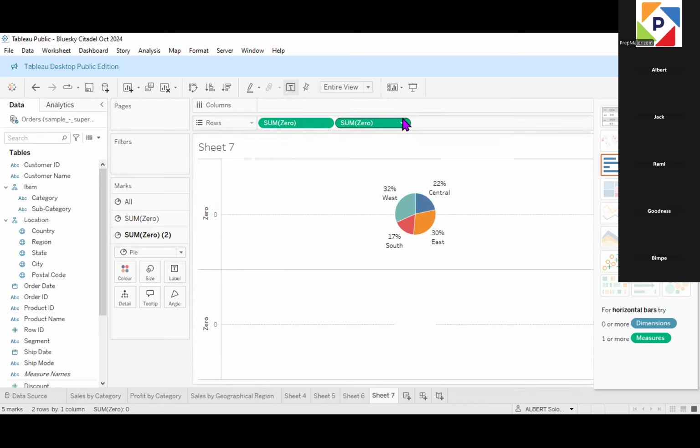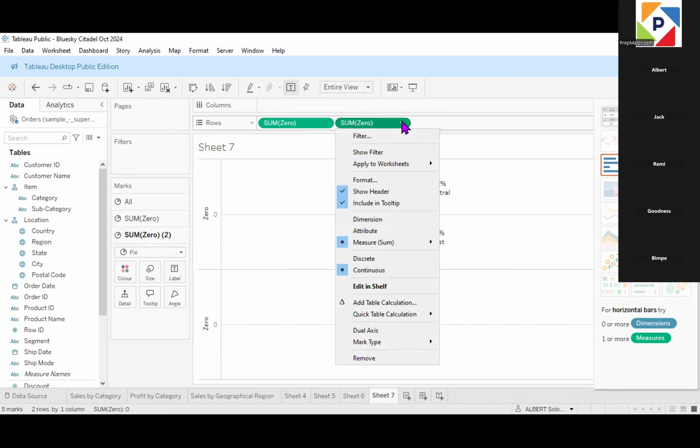Now, once you come to the sum zero here on your row, you will see a drop down. If you click on the drop down, you will see dual axis. We simply want to merge both pies together. So we want to place one over the other by dualizing each pie. Once you select dual axis,